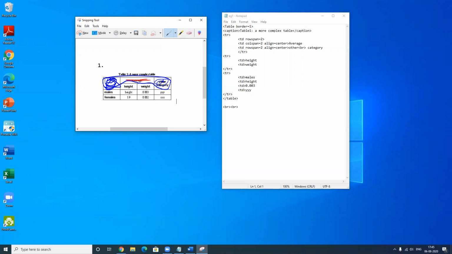We are talking about this cell. Two rows have been merged. All right, it's empty, so I have written nothing. Then we come to the next TD here. This is the next TD where we have this red color marked.